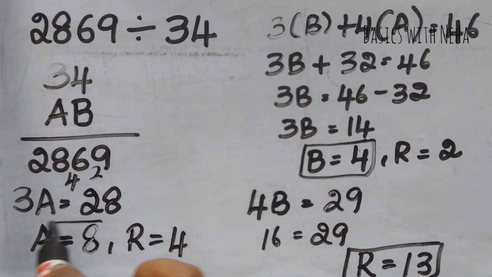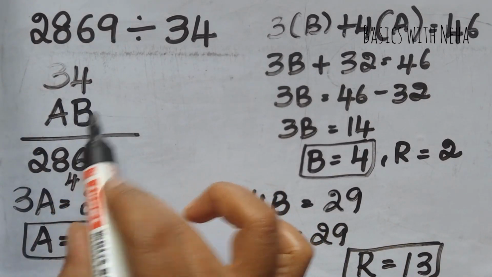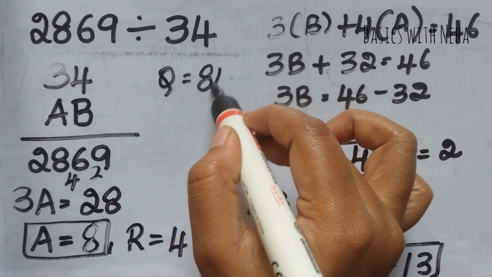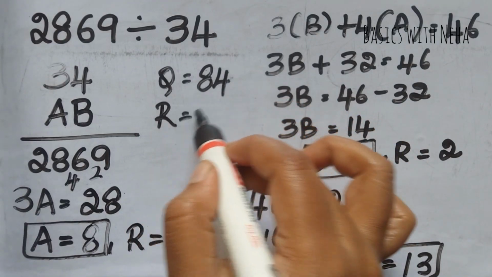Value for a is 8. And my remainder is 13. So the answer to this question, the quotient is 84. And the remainder is